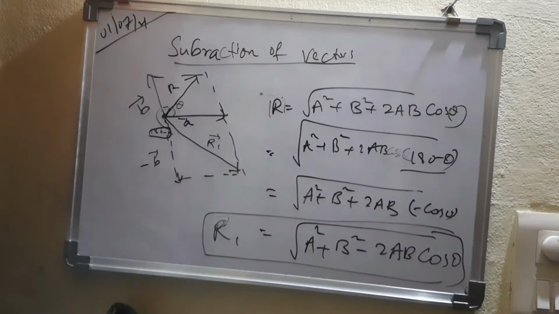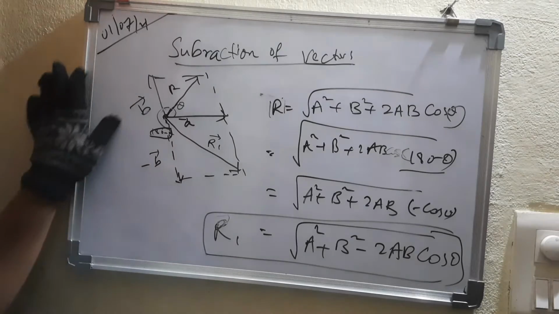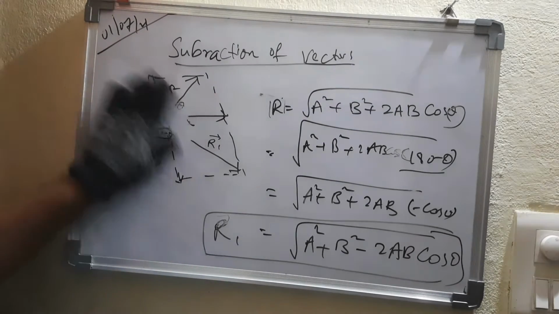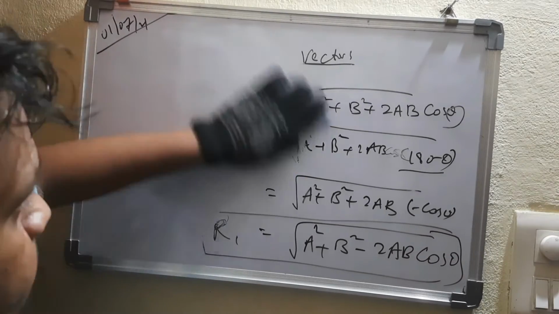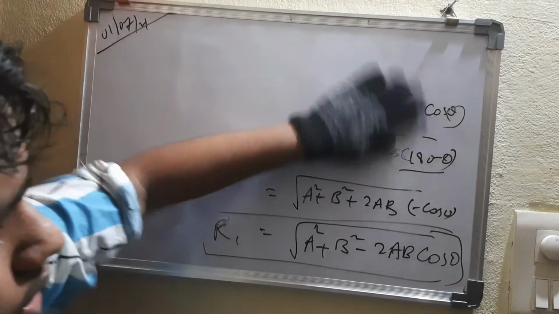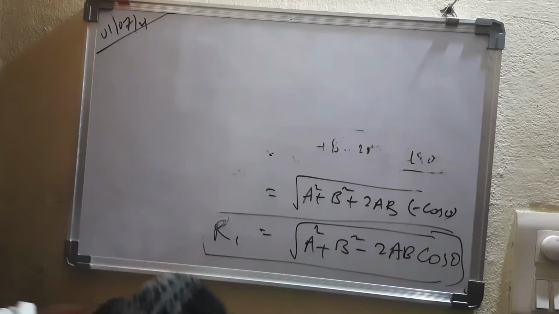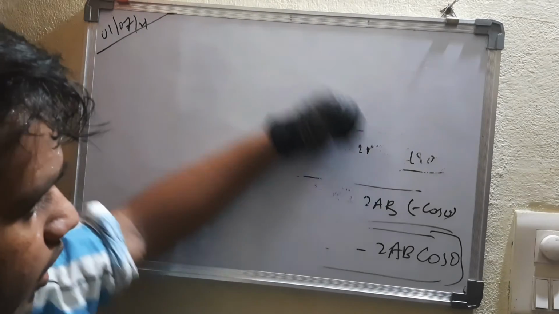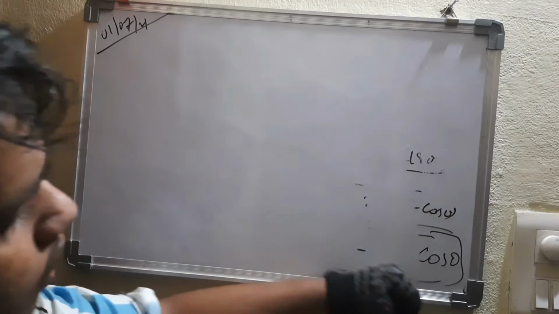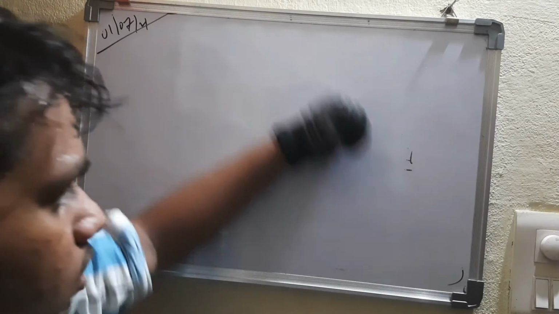Note it down, take a screenshot. Okay, done with subtraction of vectors too. I'll do another video for numericals, as I'm not discussing any numerical in this video. I'm going all conceptual based. Okay, this is all for addition of vectors. I'll take a short break and I'll be back.